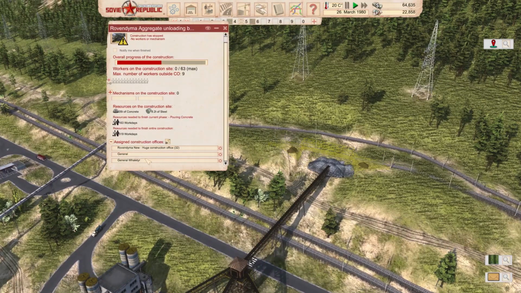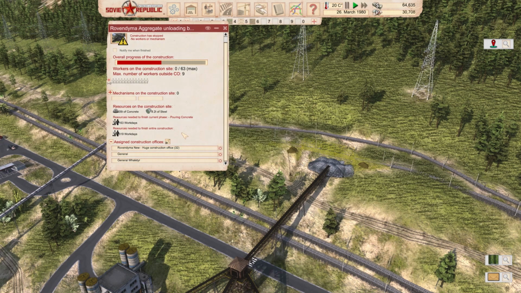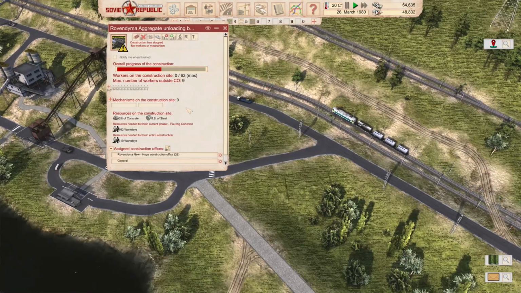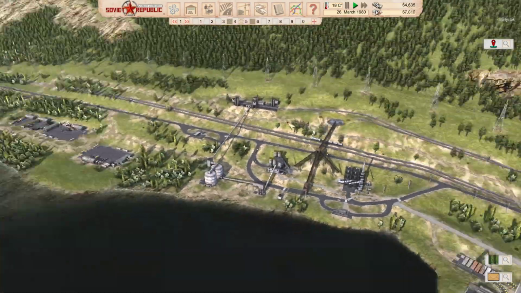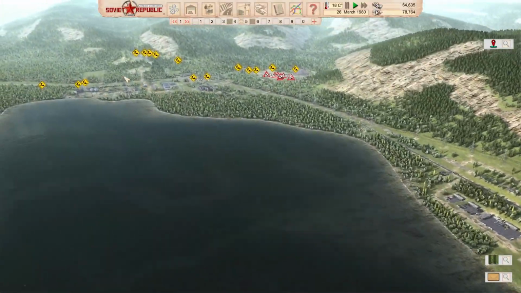We require vehicles here. Everybody is assigned, but there's no... Oh, they actually have everything delivered. We need people to finish this, and they don't have any people on the way. That's unfortunate. No vehicles on the way. You cannot scroll any further down. This is almost done, but that's fine. At least the other construction office is gonna get more...